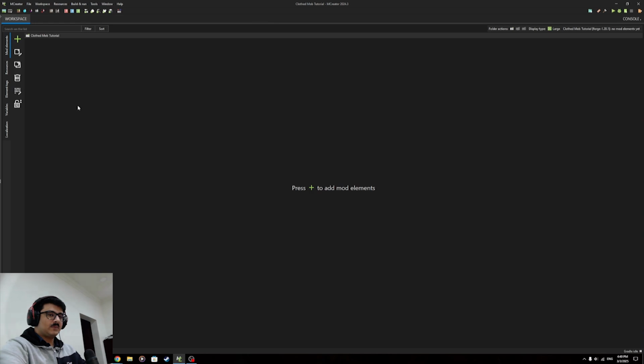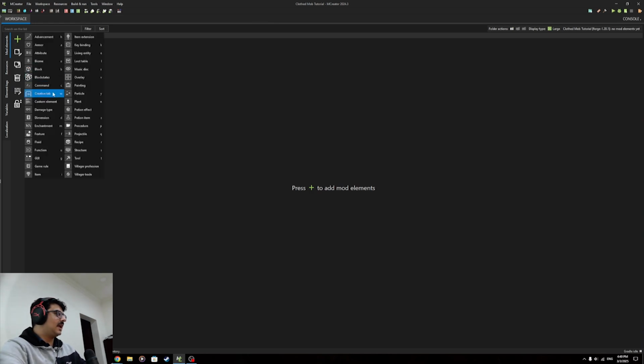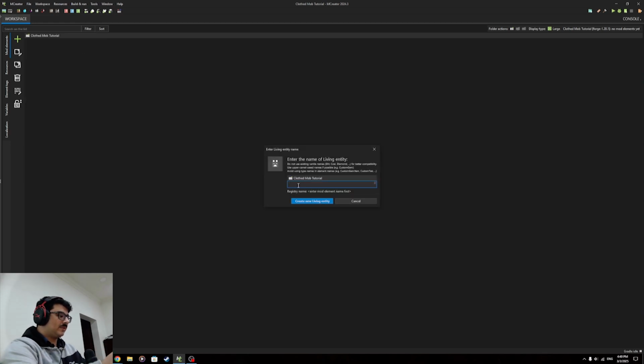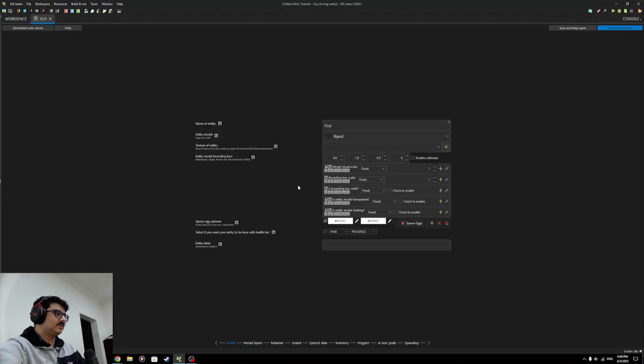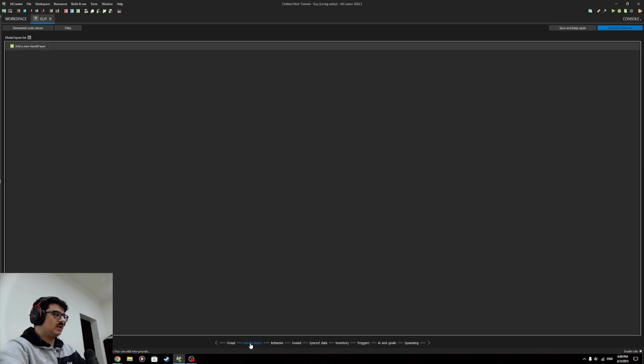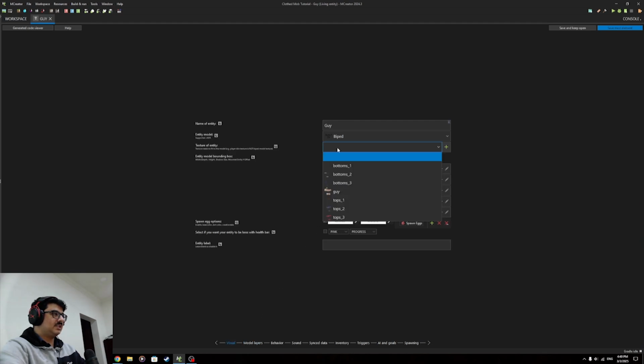So to do that, let's go back to the mod elements over here and press the add button and go ahead and select living entity. Name it whatever you want. I'm just gonna call this guy. Yes, guy. Why not? So here's a bunch of menu options to select. What we are going to be needing is the models layer. But before we go to the models layer, we first go to the visual section and choose the guy